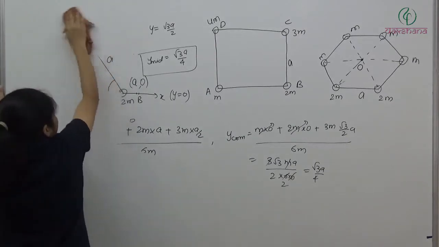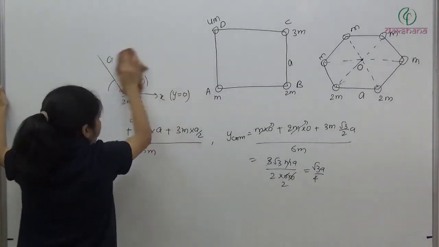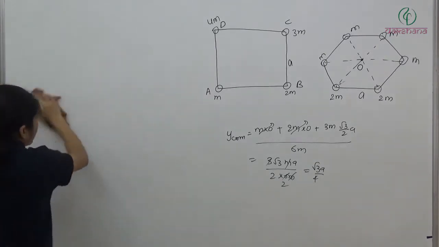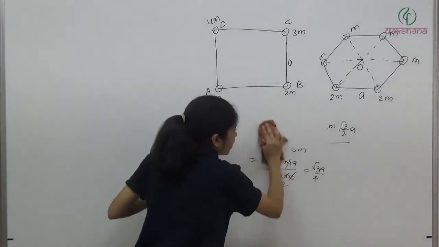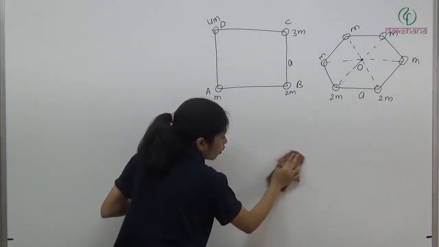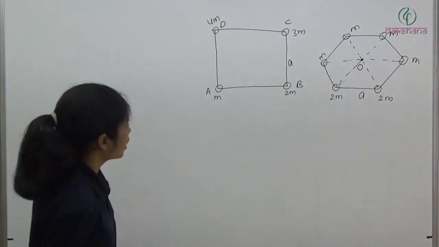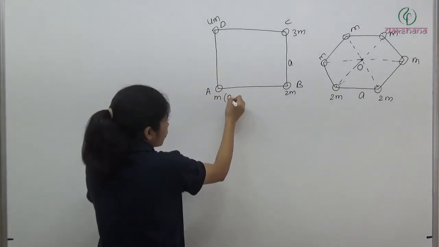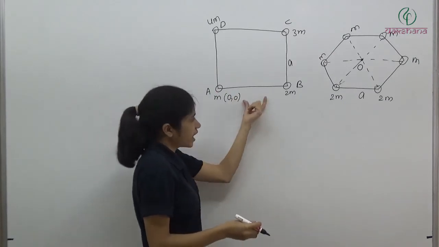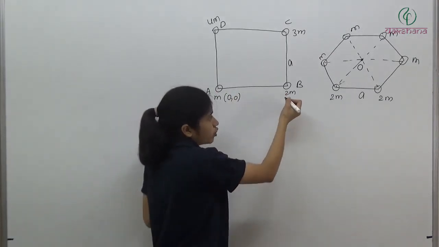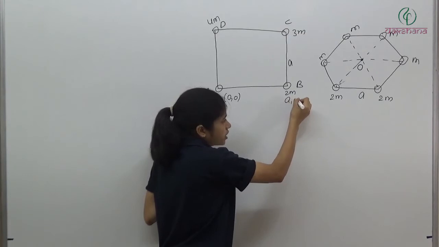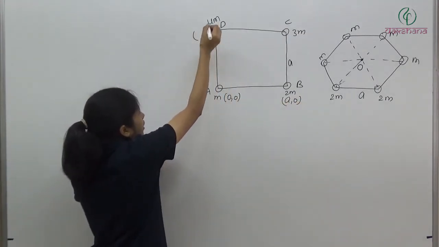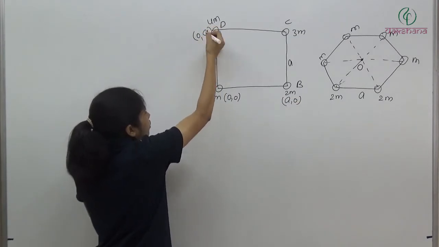Now please solve the next question. There we have a square. Again, if there is any symmetry, please try to find that symmetry and try to find the location of center of mass. Here again we have to find the location of center of mass from A. So I'll take this as origin. If the side is A, what will be the location of B? It will be a comma 0. Its location will be, y coordinate is a and x coordinate is 0.